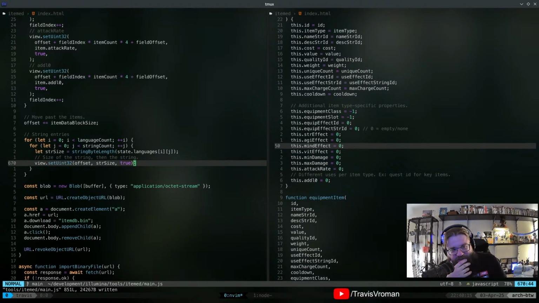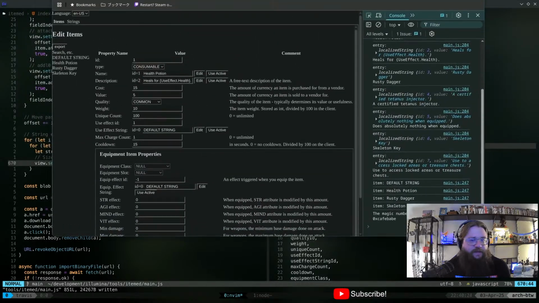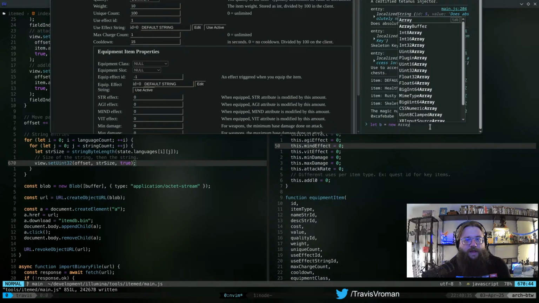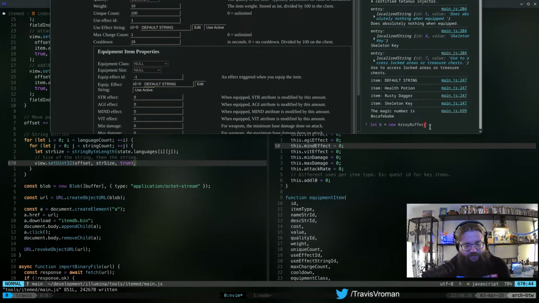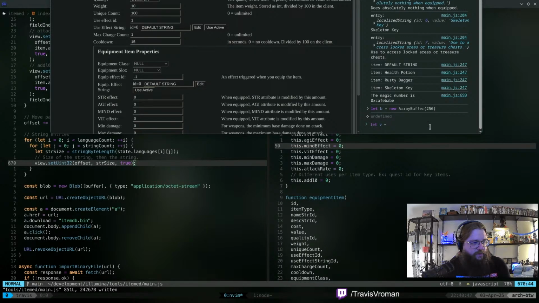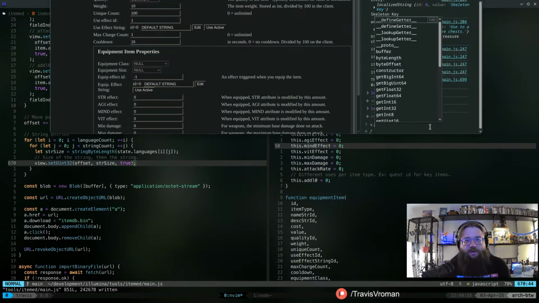Now, the only thing I don't actually know how to do, and I'm going to look at this here in the command console for just a second. Let's b equals new array buffer. We'll just create this at like, I don't know, 16 or 256, whatever. And then let's v equals new data view b. Do we have